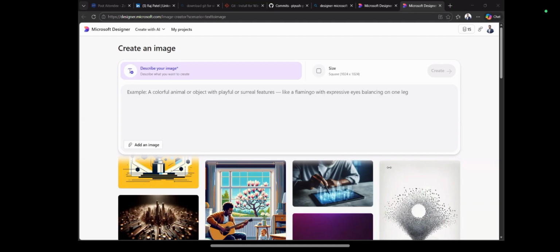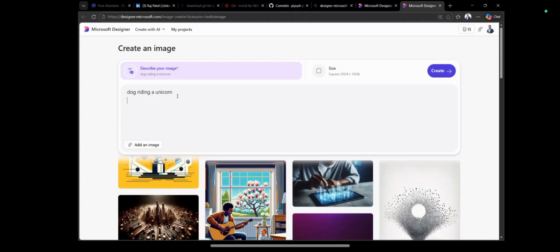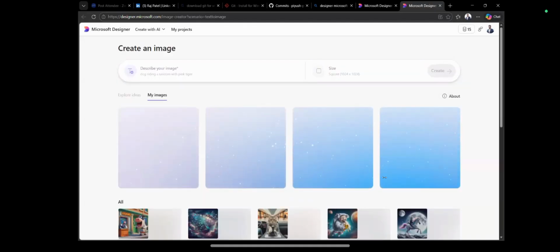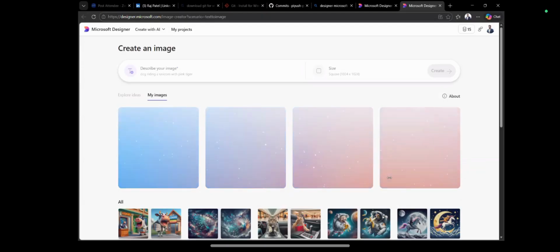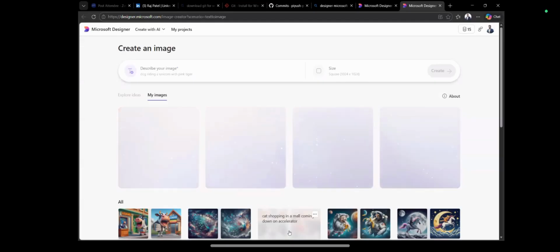Okay, I will take this: dog riding unicorn with pink tiger. Okay, done. Here it is going to take something. Man entering black hole. This platform is free, guys, you can take it. Just a second.